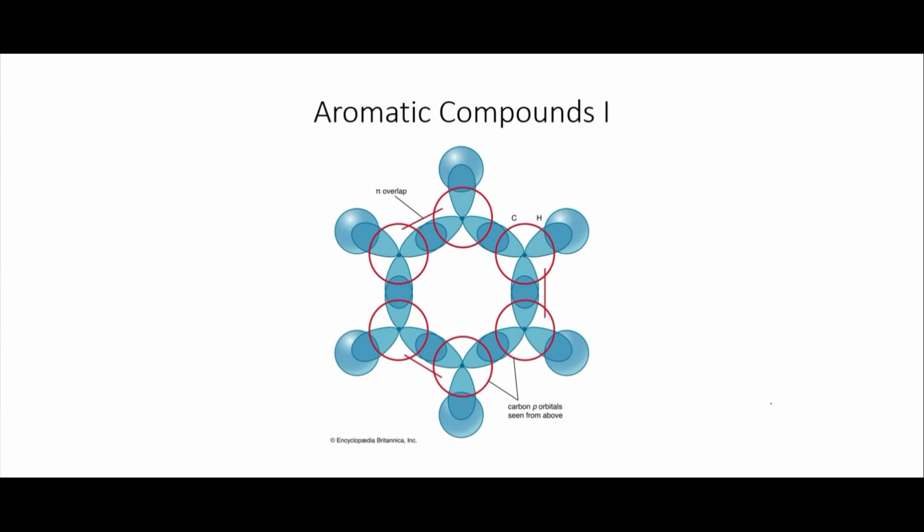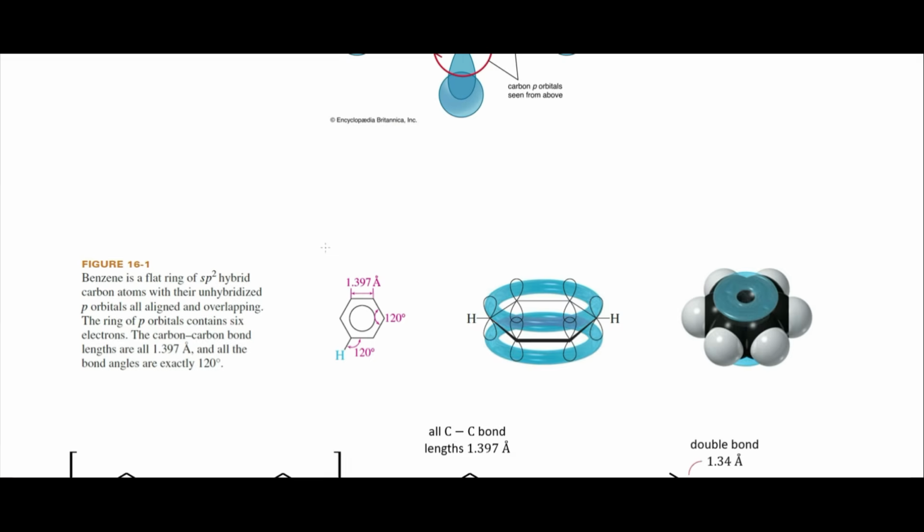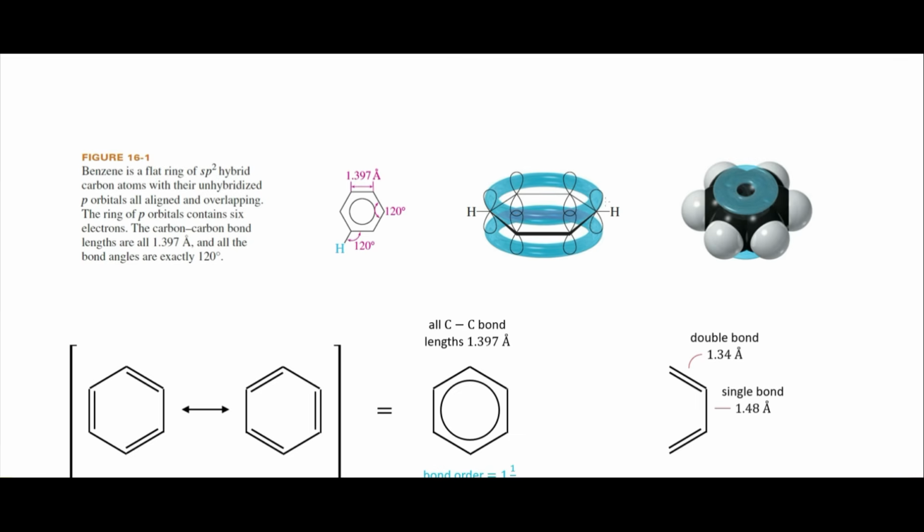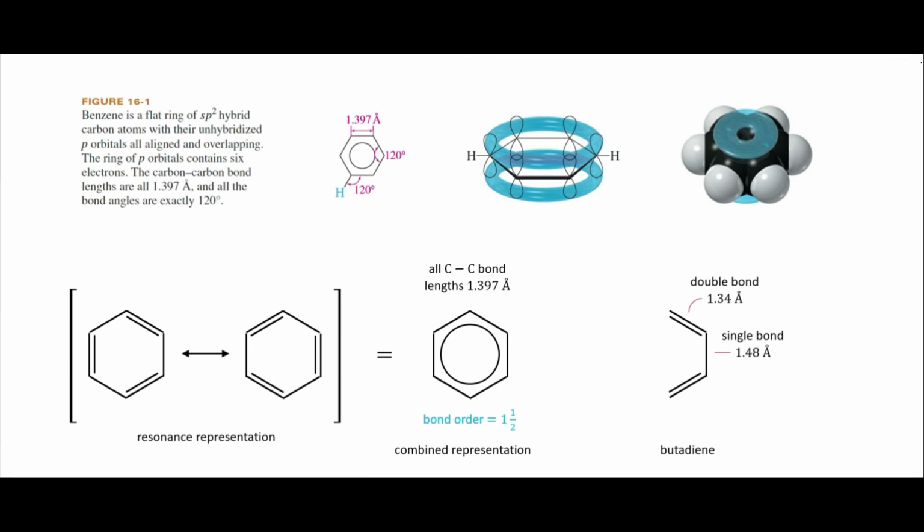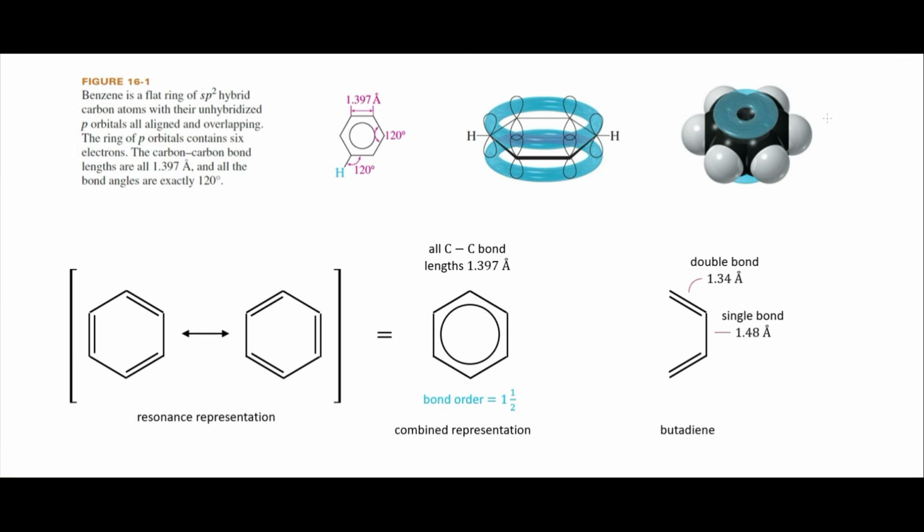In this and in the next few videos, we're going to be looking at aromatic compounds, and in particular, we're going to be looking at what makes a compound aromatic. Our quintessential aromatic compound is benzene, so that is a 6-member ring, and it has the alternating double and single bonds. What we notice about this compound is that it has a bond order of 1.5, and the bond lengths